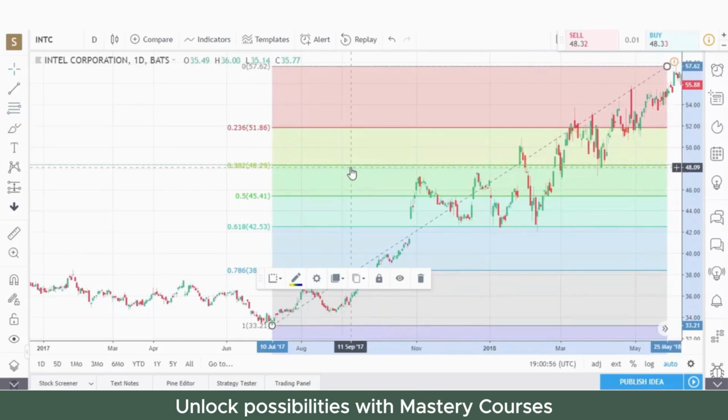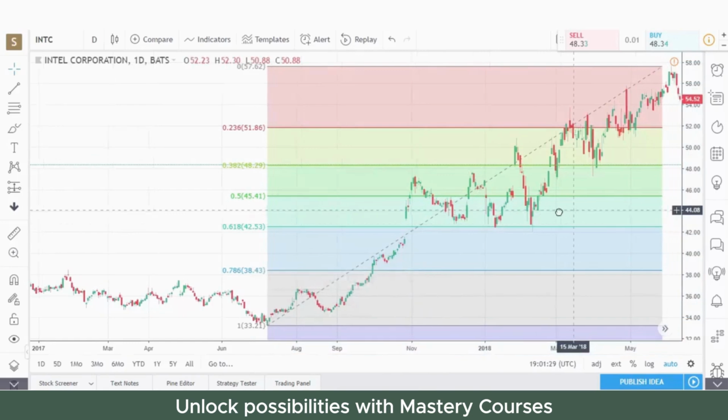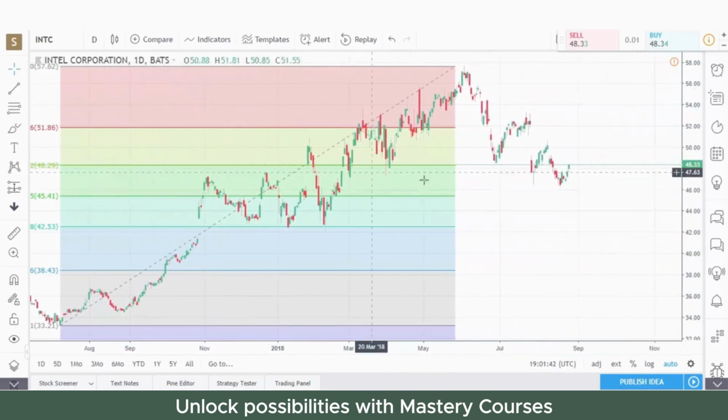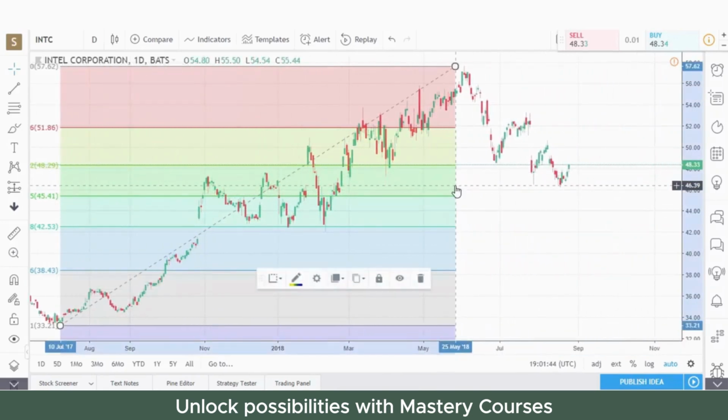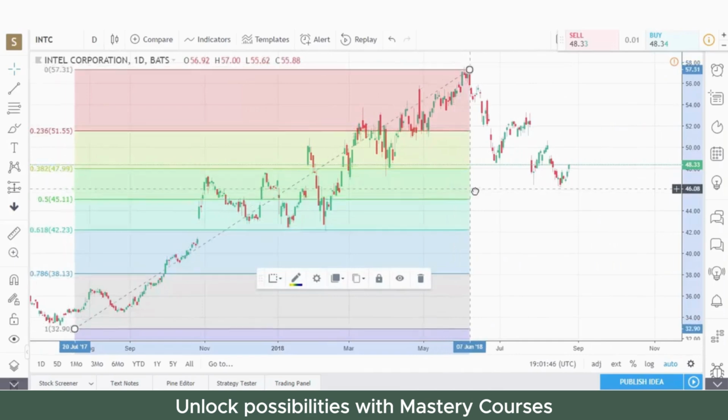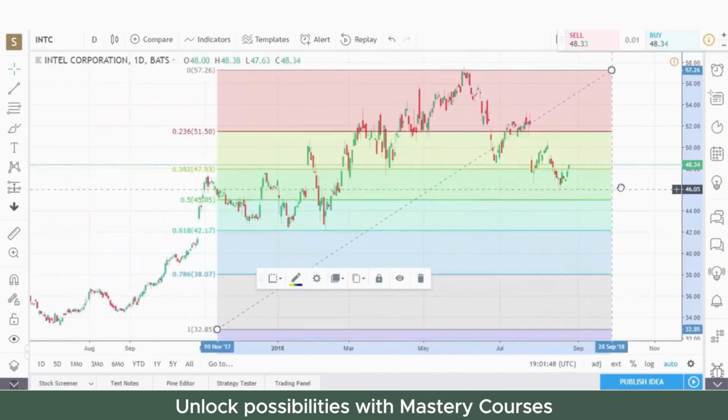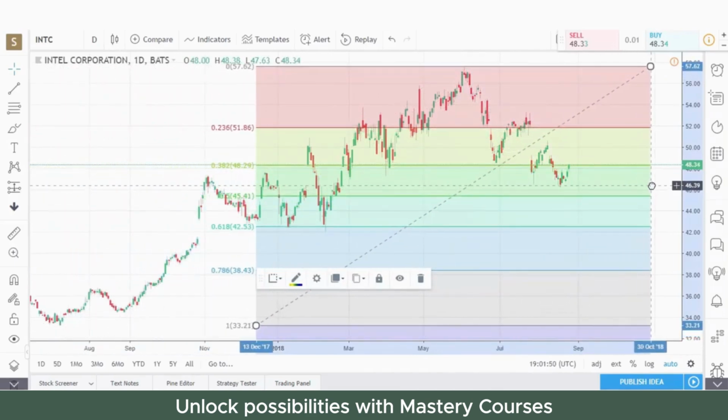As you can see, the key numbers we talked about, 38.2, 50, and 61.8. As you can see, 61.8% was support in this bullish move on several retracements. So now we're going to pull our chart forward. We can grab this right side of our Fibonacci lines and pull them forward. As long as we keep the top line on the high, the bottom line will stay anchored